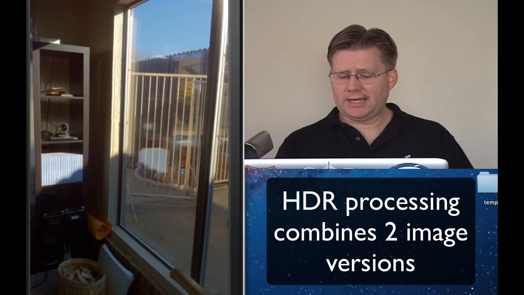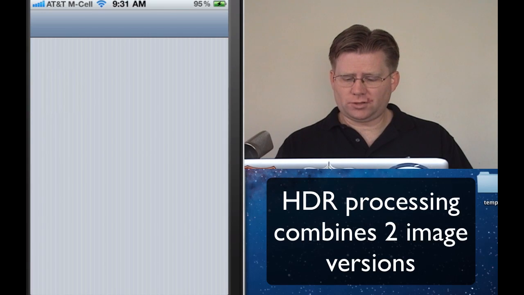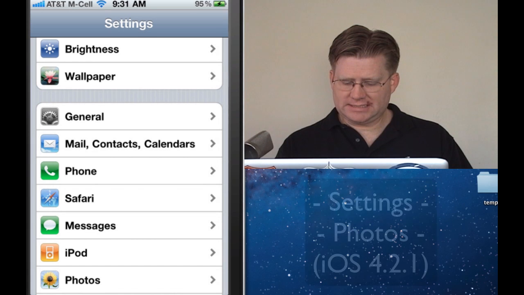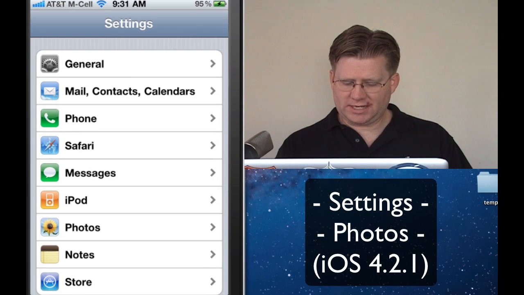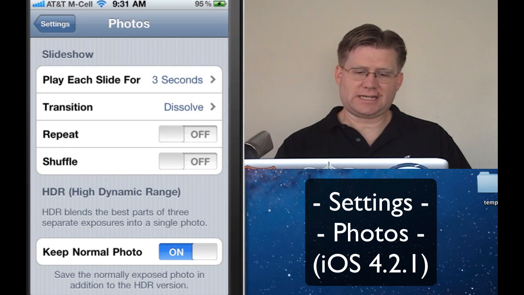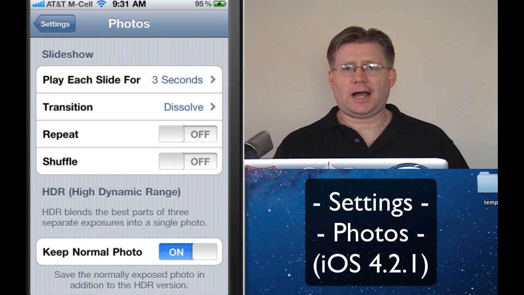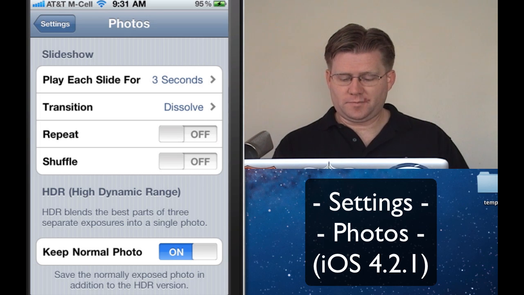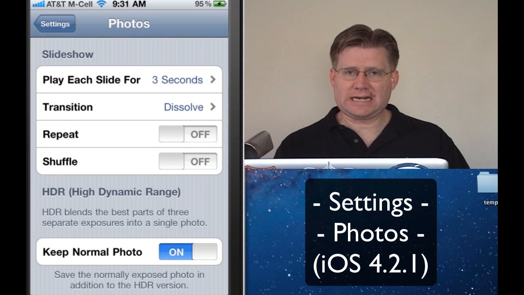So let me go ahead and go into my settings on my iPhone, and adjust my settings for my camera. So I think if I go into Photos, yep, I've got this choice. Now I'm not running iOS 5 yet. I'm still on the version before 5. But I'm betting it's going to be pretty much the same as far as where this setting is. You can see there's this entry here for HDR, high dynamic range pictures, and I have the choice